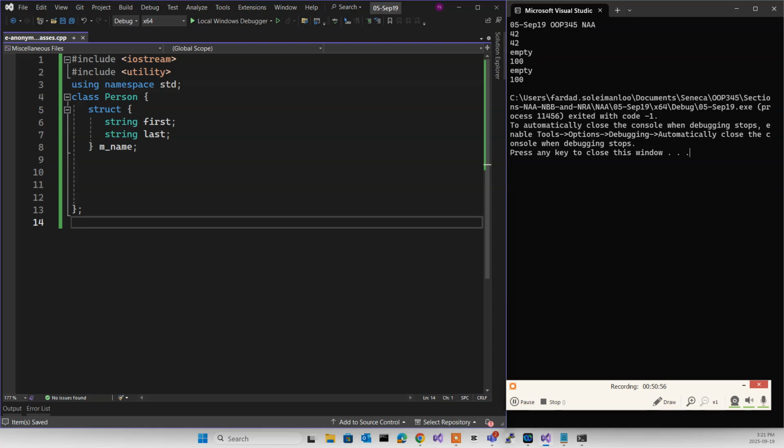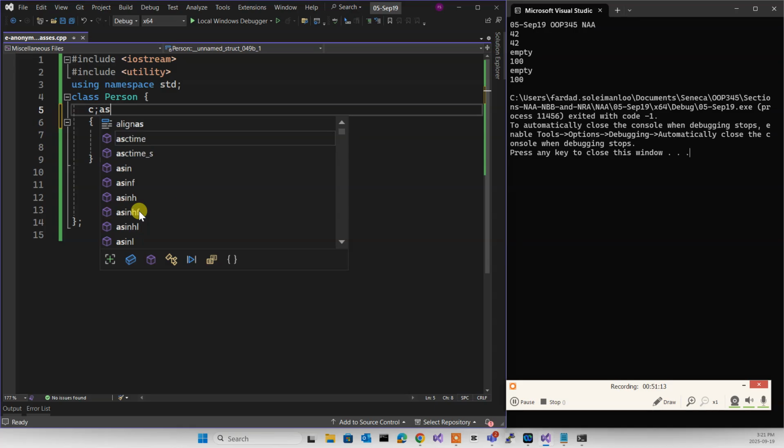Yes, sir. So the anonymous class is that struct? Non-anonymous class is the struct. The anonymous class is this. Yeah, I could call it a class, but then it won't be able to access it because it was private. So I can make it a class, but if I make it a class, then